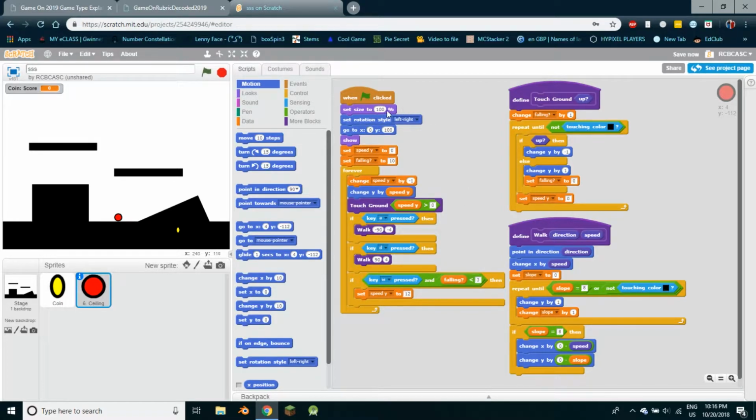This will set the size to 100. This is the rotation style. You don't have to worry about that. And this is the variables and setting everything up. Now, this is the gravity portion. Essentially, when this is up here,